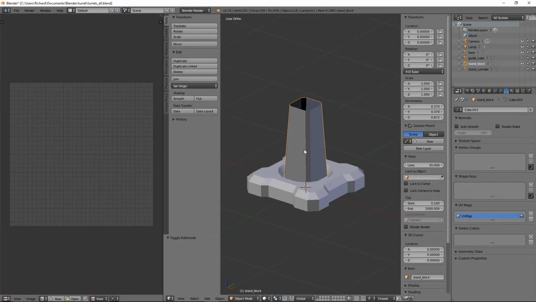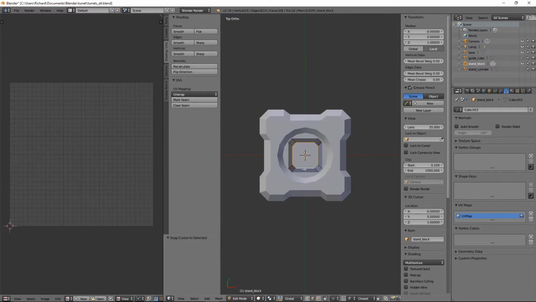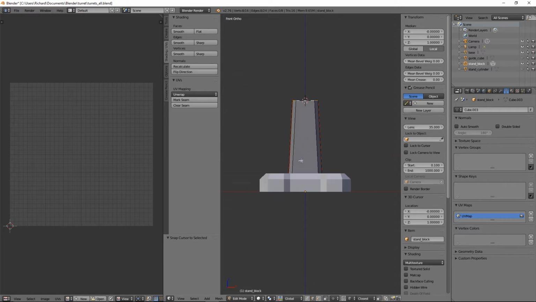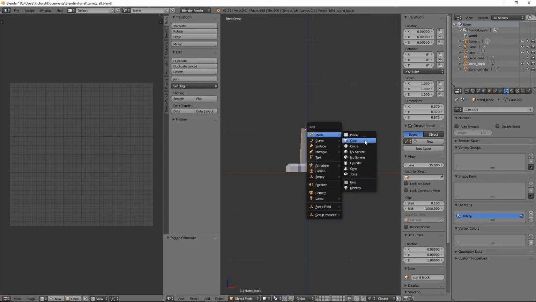We'll come out, Control S, and let's get on with modelling the machine gun turret. So what we're going to do first of all is go back into this here. We can use either this or the cylinder stand. I'm going to press Shift S and do cursor to selected, and that will put the cursor on the pivot point there at the top. And what we can do now is Shift A,